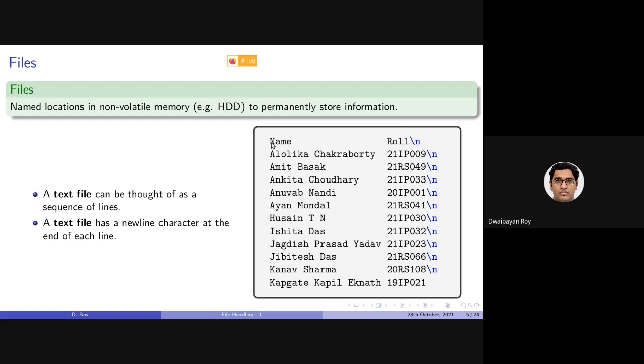The first character is capital N, then AME, then a certain number of spaces, then roll, then there is one \n character which indicates that the next character will be written in the next line. Again certain characters, then spaces, then certain characters, then again \n.